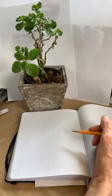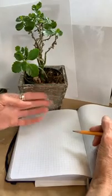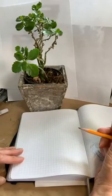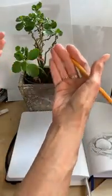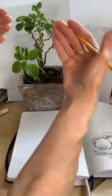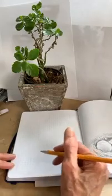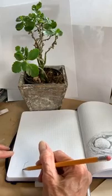Also, you want to decide the focal point. We have this pot. It's not the most beautiful thing around, but I really love the plant. So I'm going to concentrate on the plant. And I see this coming towards me, and then this is kind of a foreground and a middle ground, and then things in the back. But I'm going to just start with saying like this leaf right over here,